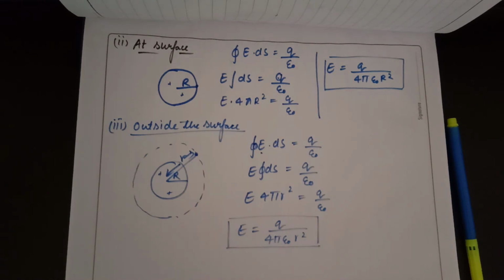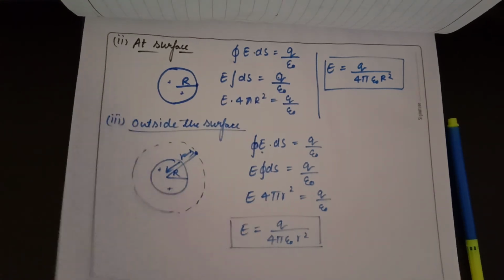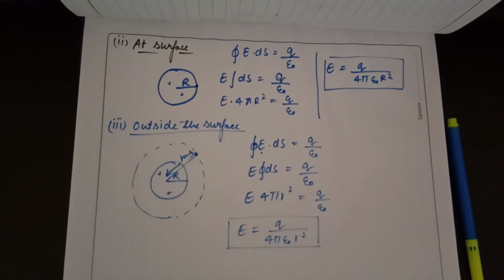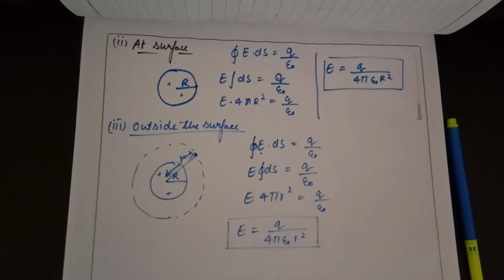This is all for today. Today we saw some applications of Gauss's theorem. First we saw the electric field due to an infinitely long wire, which comes out to be E equals 2k lambda divided by d, where d is the distance where we calculated the electric field. Secondly, we saw the electric field due to an infinitely long charge sheet, where sigma was the surface charge density, and the electric field was independent of the distance r, as E comes out to be sigma upon 2 epsilon naught.